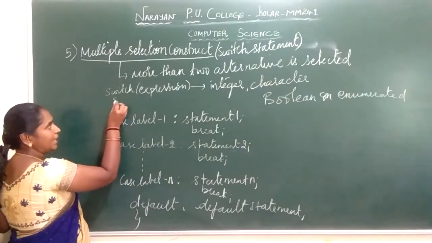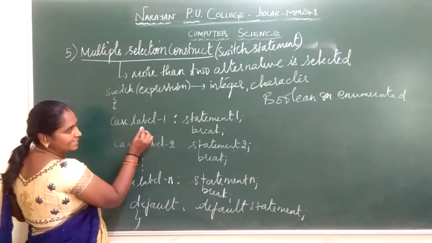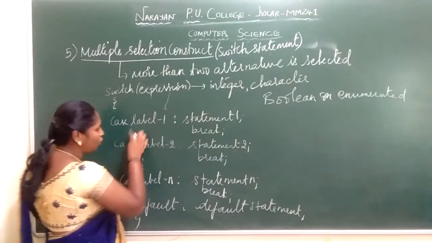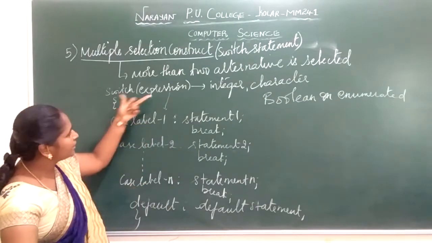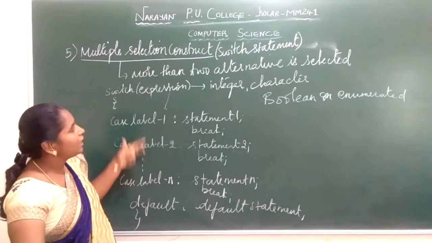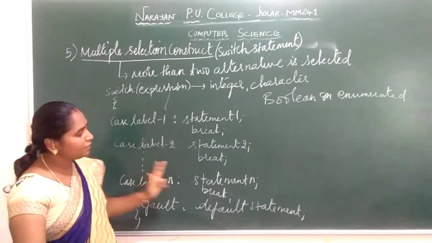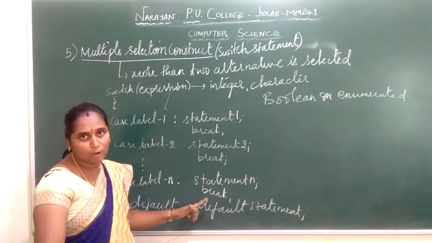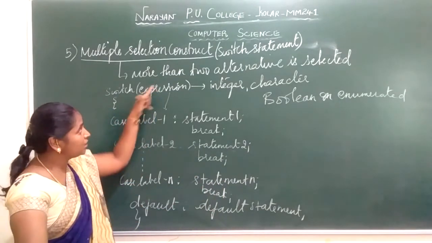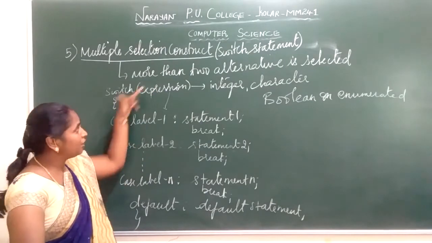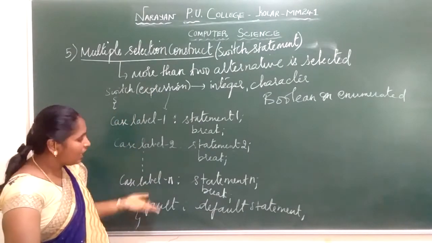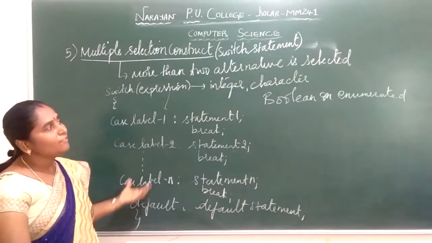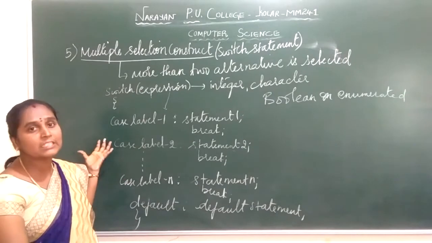So this is the general syntax, case label 1. This is label 1. What does it indicate? Statement 1. If the value of the expression matches this case label, a set of statements is executed under that case label, and a break is used to come out of it. If none of the values of the expression match your case labels, then it will by default execute the default statement and come out of this construct. We'll now see how a flowchart works for this case label.